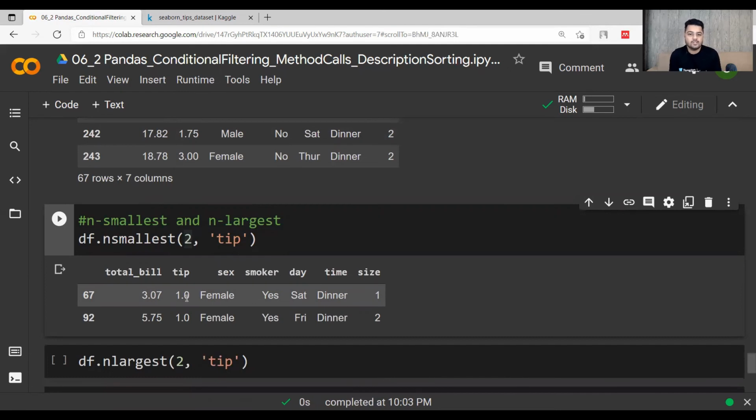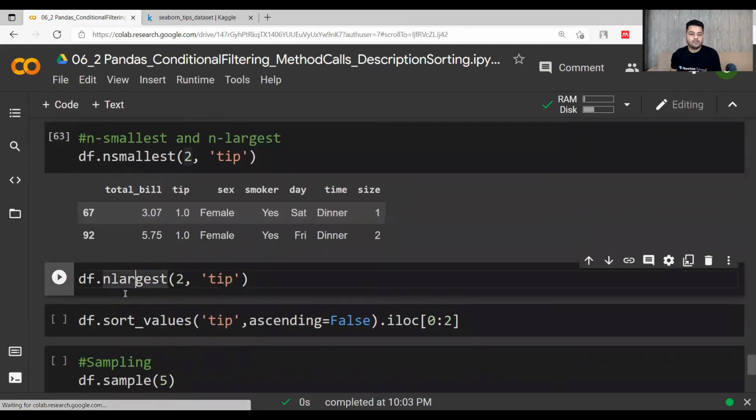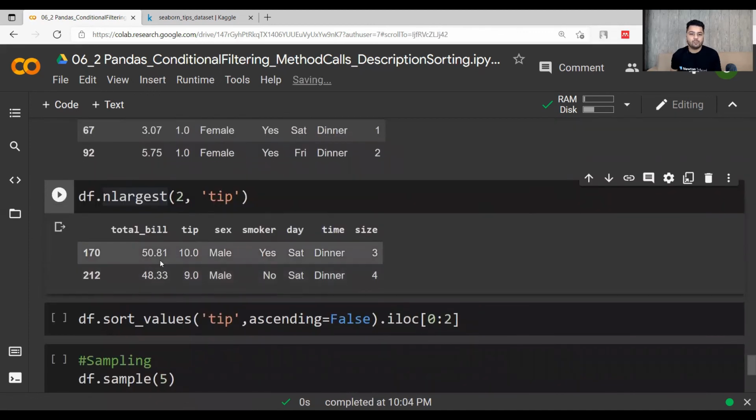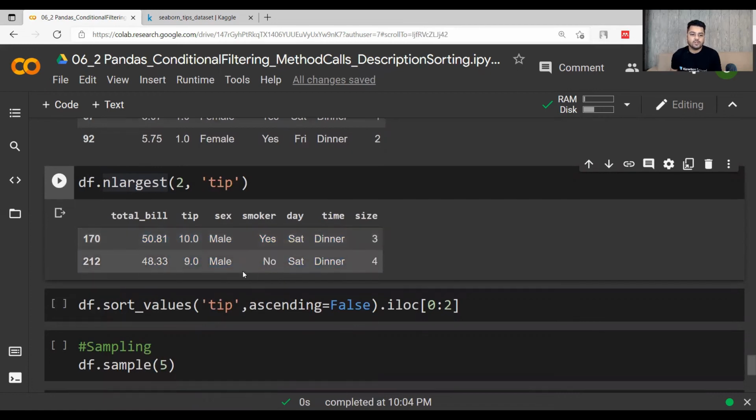So 1 is being selected here, and all the values are there within the rows. If I do the same thing with the largest, the largest tip is output in descending order. So 10 first and then 9, right? These are the two tips in descending order.